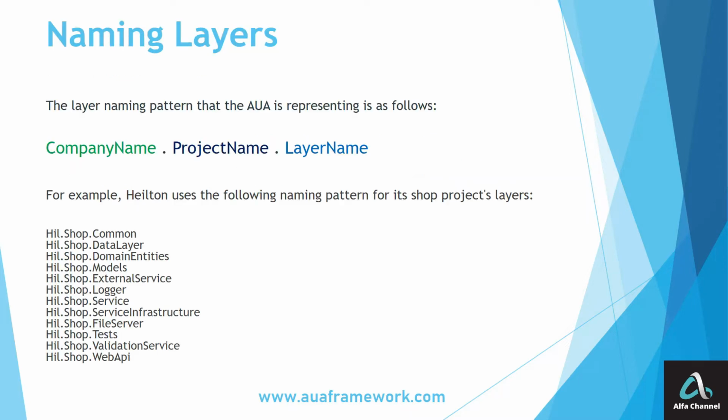The layer naming pattern in the AUA framework is as follows: company name dot project name dot layer name. The company name can be 3 or 4 characters, then the name of the project, and finally the layer name. For example, there is a company whose name is Hilton. The Hilton will use the following naming pattern for its shop project's layers: